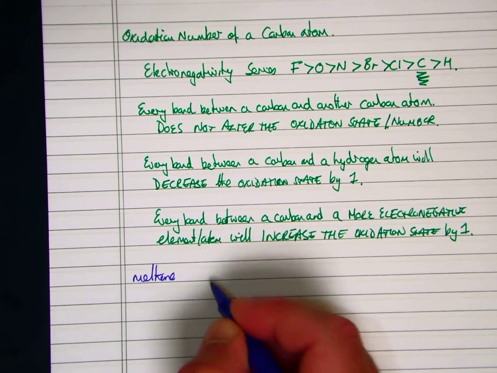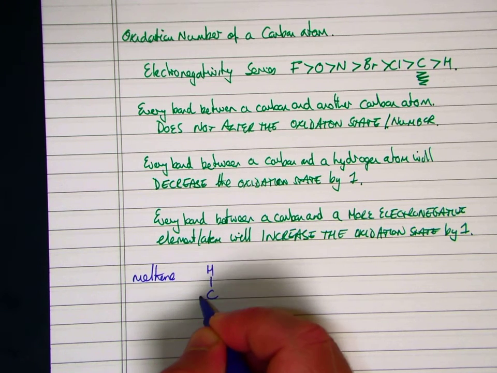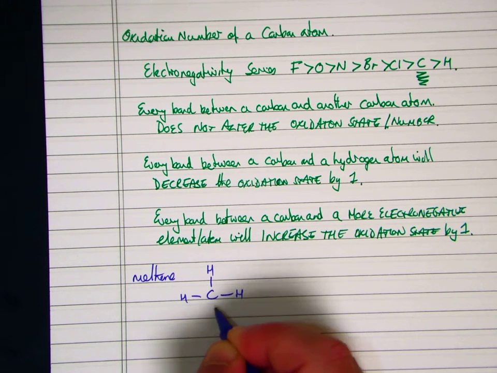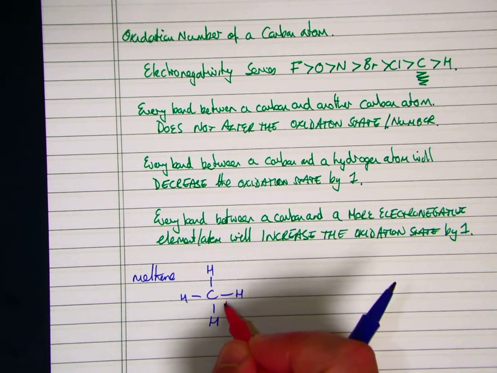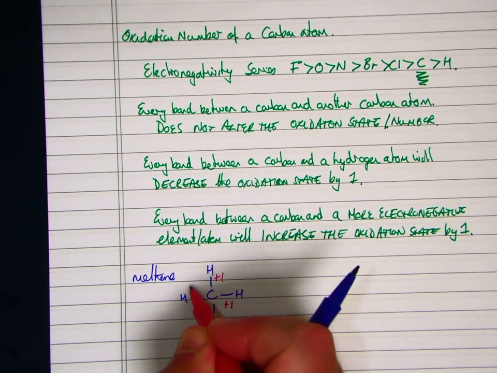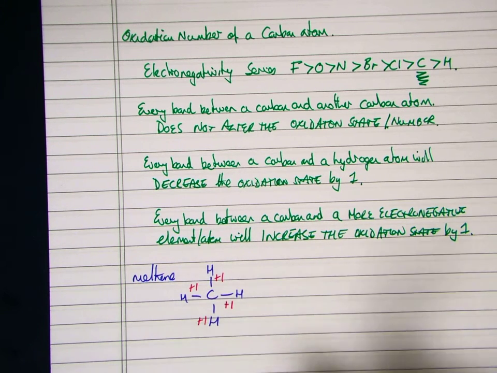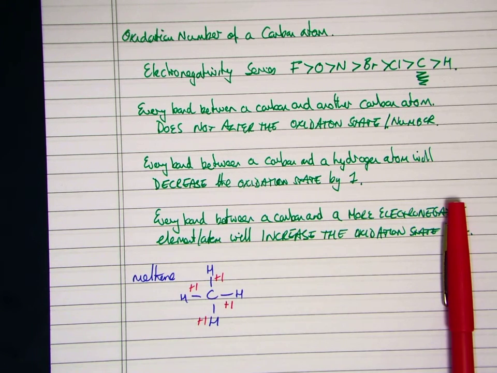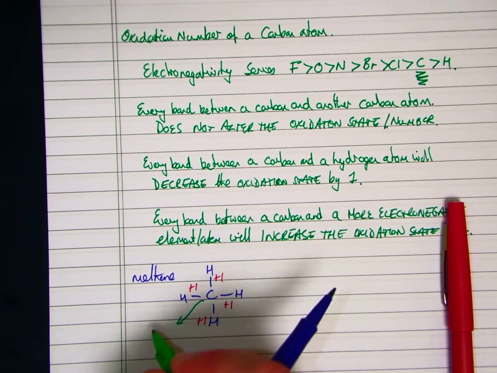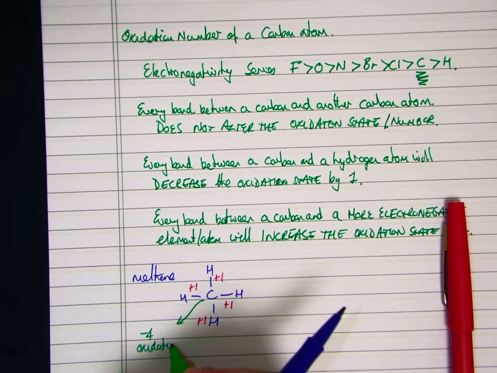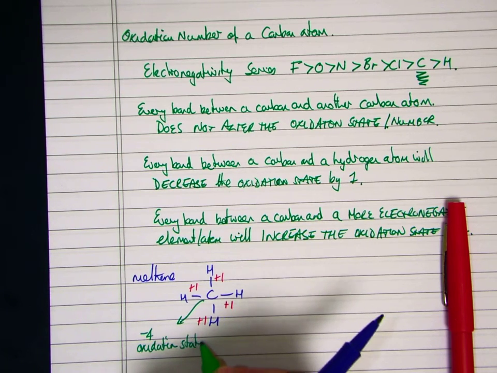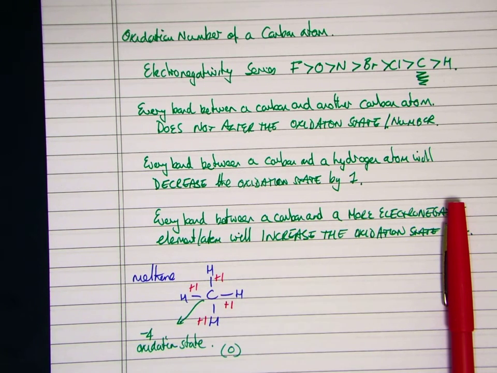If we look at methane, we know we've got a carbon bonded to 4 hydrogen atoms. And each hydrogen atom will be +1, so we have +1, +1, +1, and +1. So consequently, the carbon in the middle must be -4 oxidation state, because +4 and -4 gives us 0 as